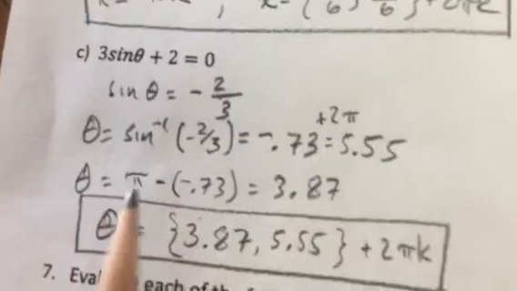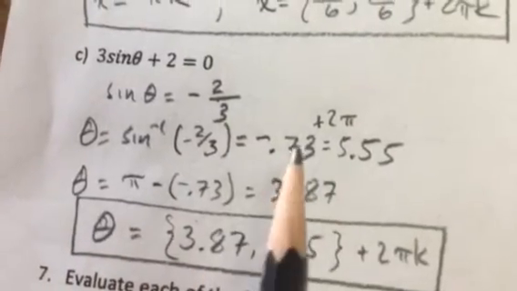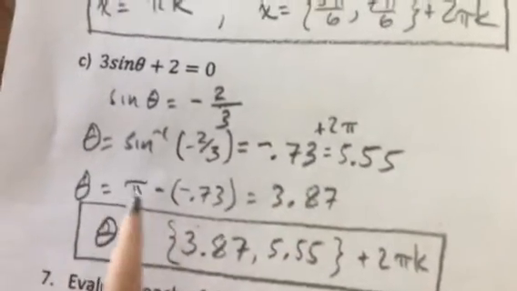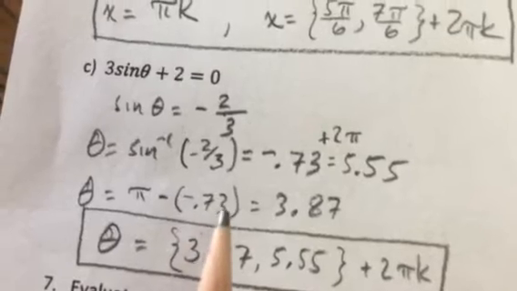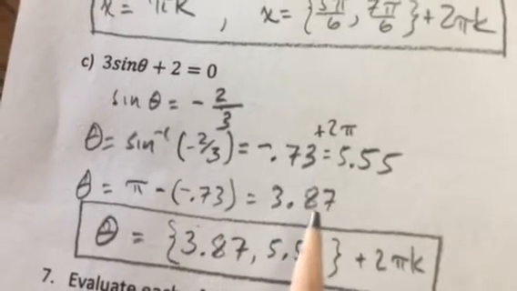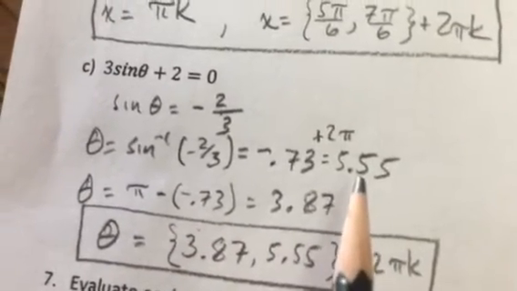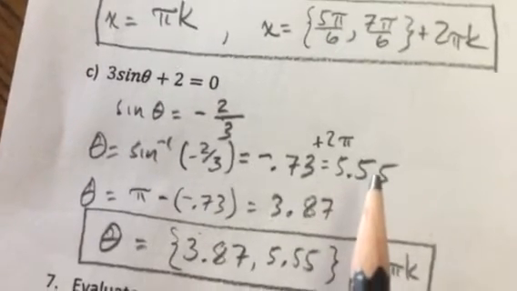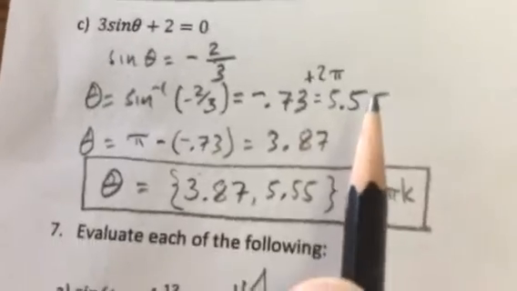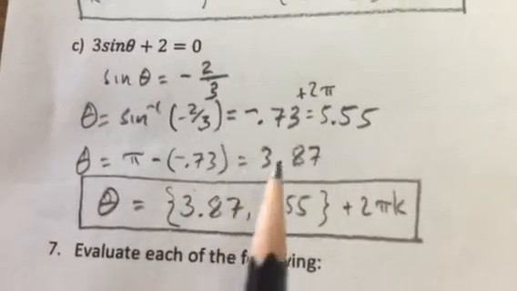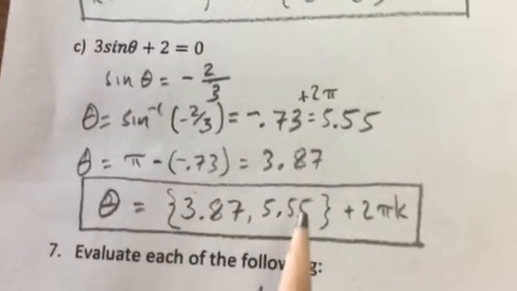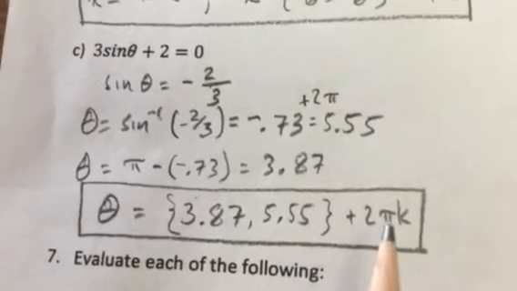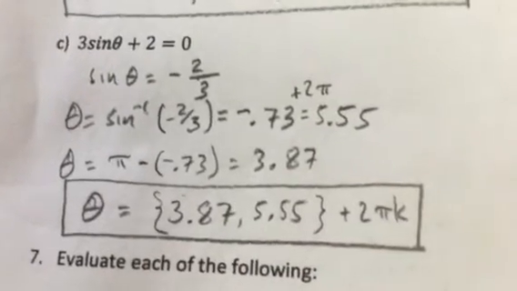Now, my other trick, however, I'm going to use that negative angle when I subtract. Pi minus negative 0.73 gives me positive 3.87. The reason I didn't use this one and subtract pi minus that is because that would give me another negative angle to deal with. So my two angles between 0 and 2 pi are this 3.87 radians and 5.55 radians plus 2 pi k. That was a tricky one. You may have to stop and think about that one for a second. The next one,